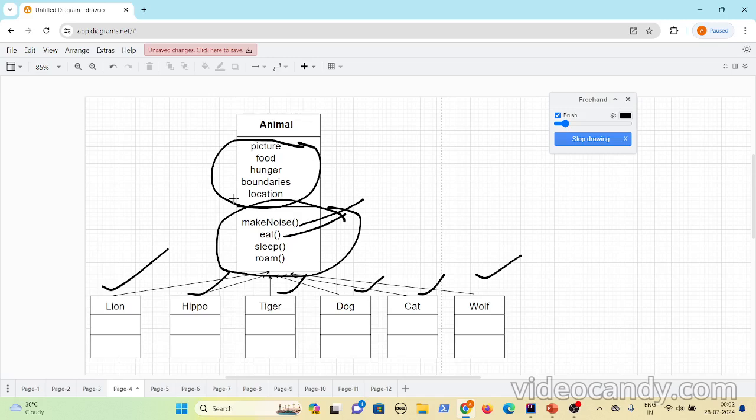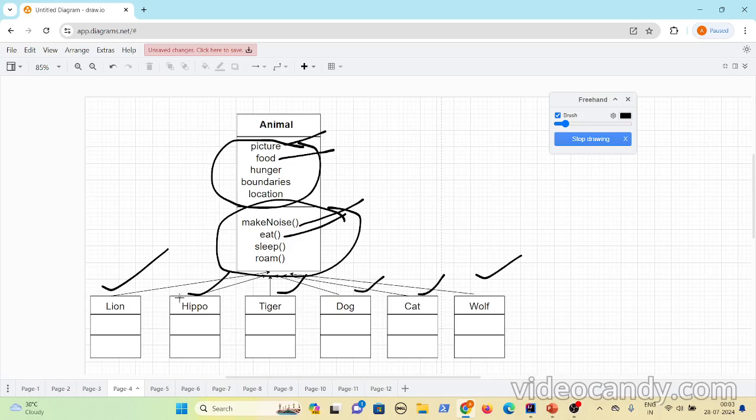The picture of lion is different, the picture of tiger is different, and the food eaten by lion, tiger, and cat is different, but they all eat food and they all have a picture, only the values could be different. So whatever things you think all these animals will do, you abstracted out, be it instance variables or behaviors, and put it in the animal class.